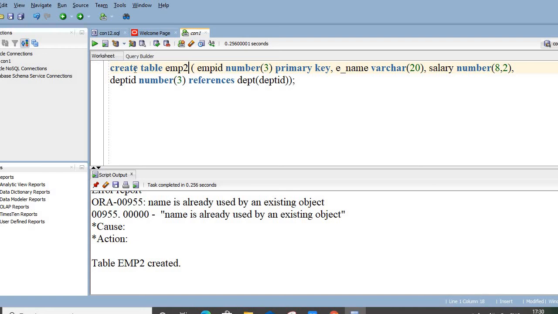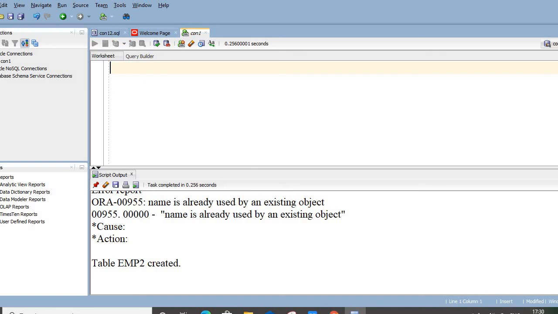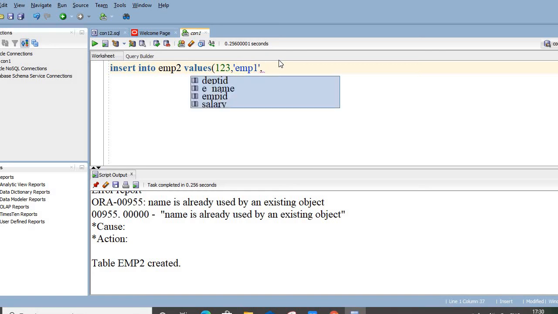Now let me try to enter some values in this emp table. We have to supply the ID of the employee, emp1, and then salary.